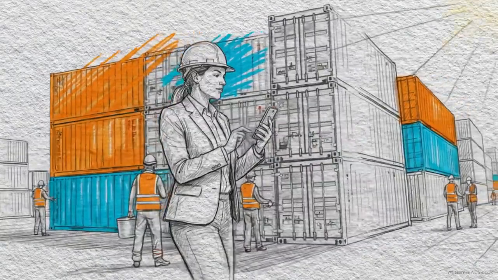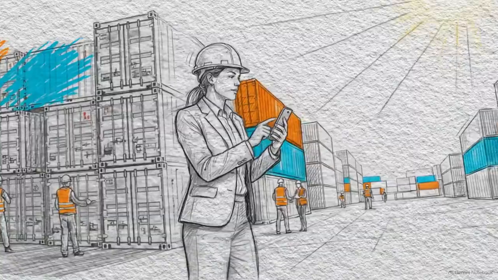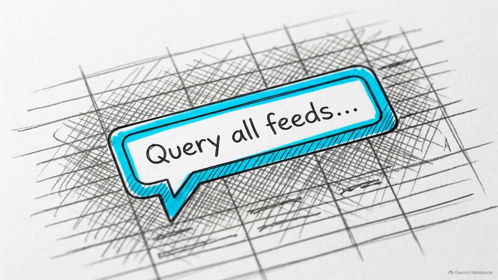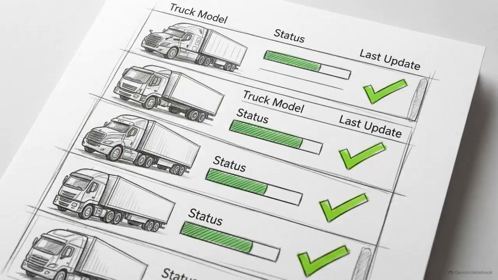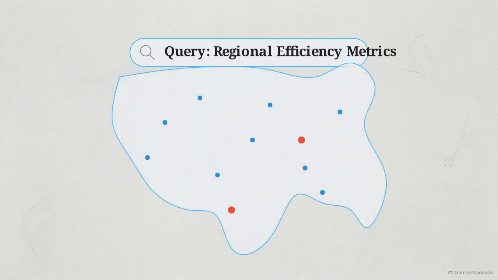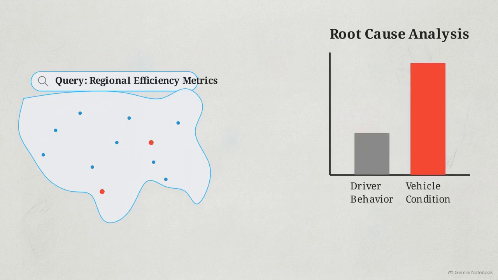The first AI posture is Mode 3, Ask. This is engineered specifically for operations directors who need immediate answers but will never manually hunt through a telematics dashboard. It functions as a plain language layer that queries across all feeds to instantly resolve complex logistical questions. An operations leader can type a single prompt asking which regional depots are experiencing worsening fuel efficiency and whether the root cause points to driver behavior or declining vehicle condition.